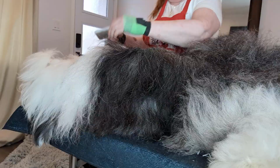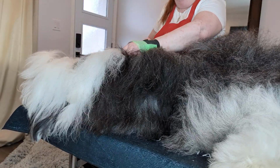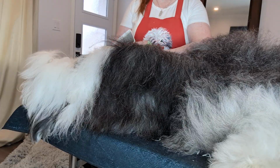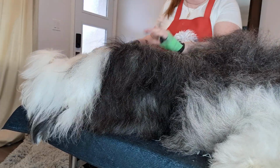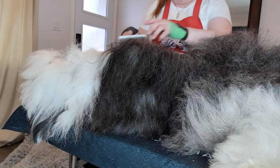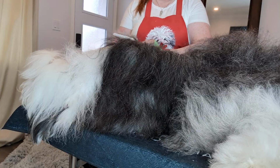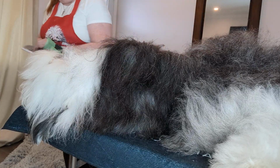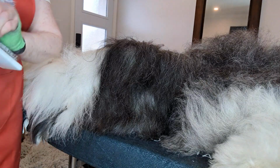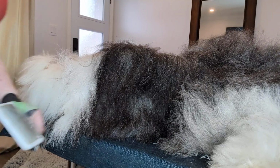So I'm still working on that same line that I started, just going down. Finn, I believe, is 24 inches from shoulder to butt, and he's 24 from shoulder to paw. It's a lovely square, which is what Old English should be. I've decapitated myself. Shit. Where's the converter? Okay, well, this